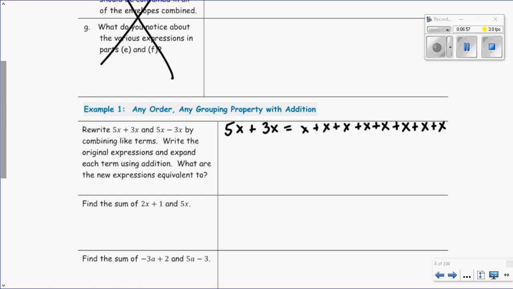Okay, so altogether we have 8 x's. So 5x plus 3x is equal to 8x. Okay, what about if I had 5x